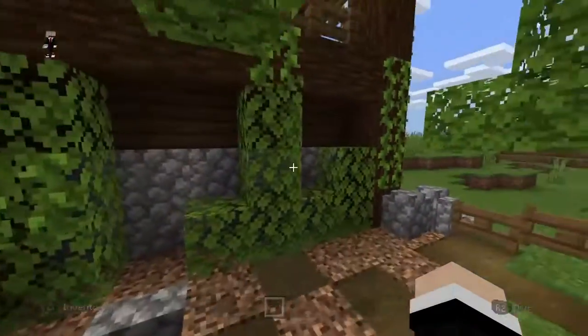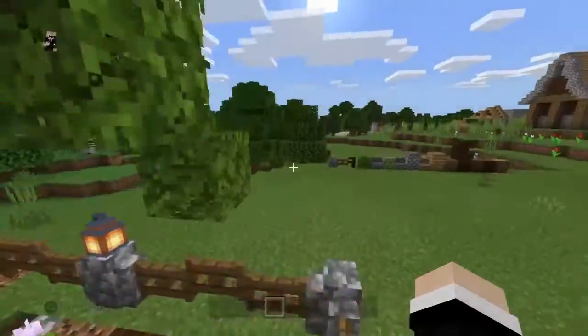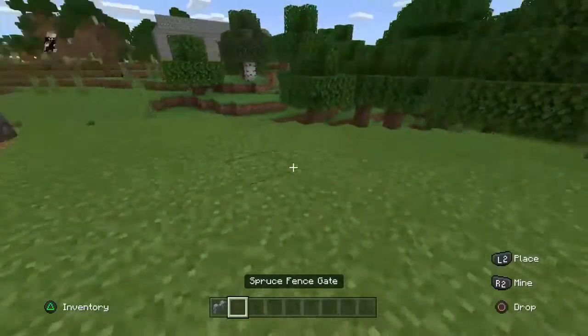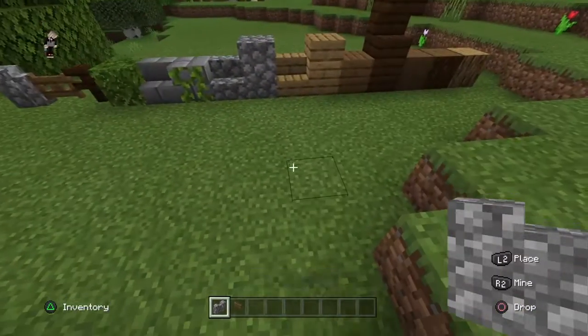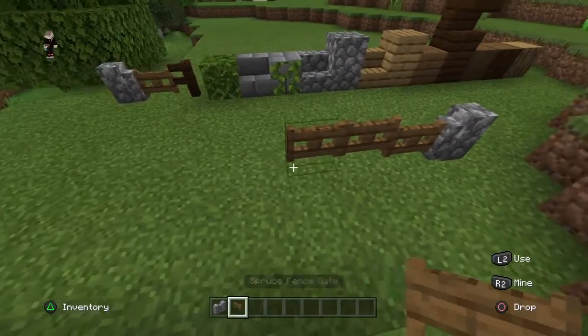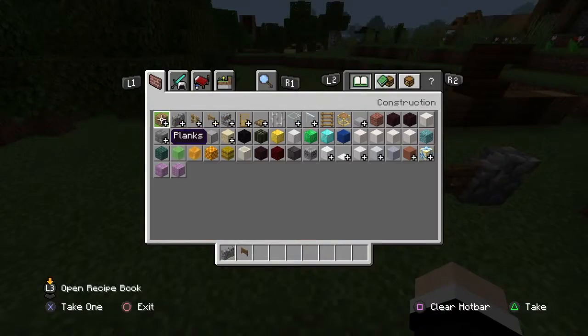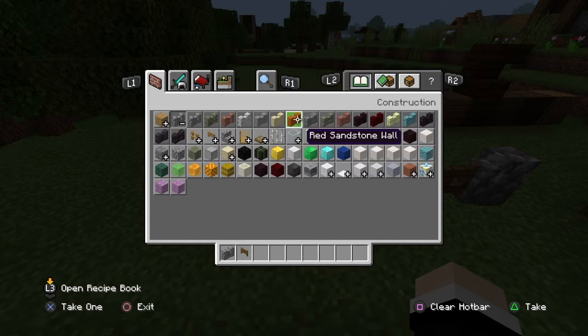So, foliage in the ground. Another thing you could do, you probably won't run trees here, is fences. This is the way I like to do my fences, personally, depending on where I'm building. If I'm using like a nether build, I'll do this with some netherrack fences, and I'll do the netherrack stuff like that. So, if they have that, like nether